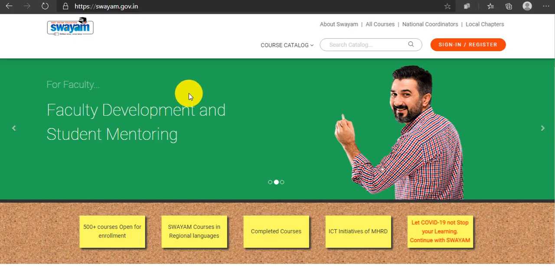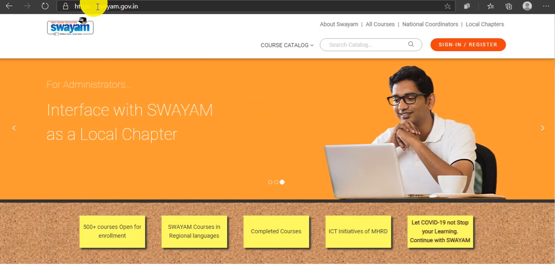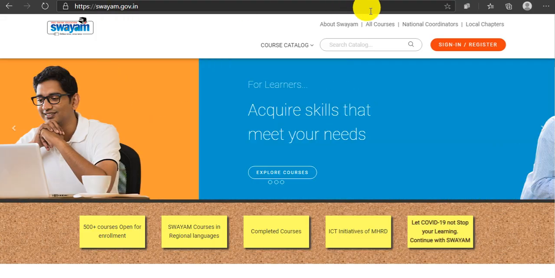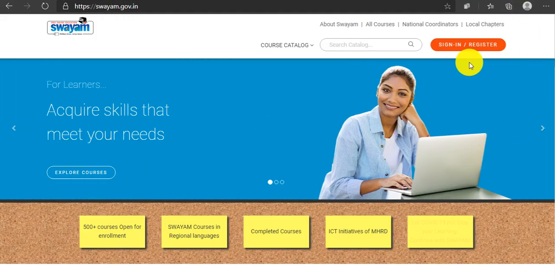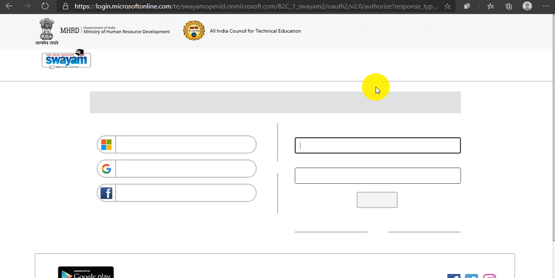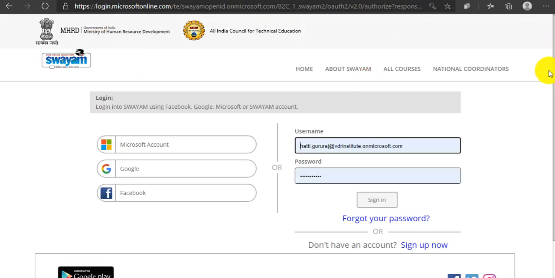So students, first you need to be entering the URL, that is https://swayam.gov.in, and this is the login page. Then you need to be clicking on the sign in option, where you can see this is the sign in page.